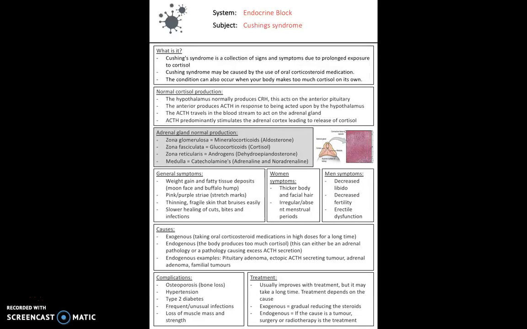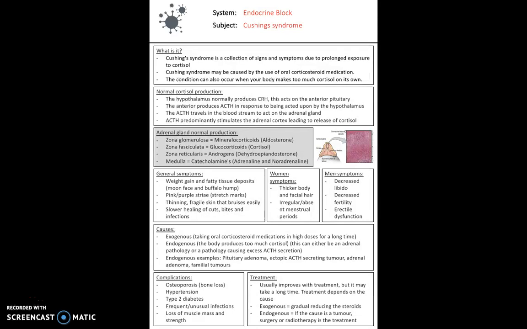And then we can have endogenous causes as well, so things such as an ectopic ACTH secreting tumour, a tumour somewhere else in the body that's releasing ACTH. The symptoms are slightly different in women and men, so in women you'd expect to see thicker body and facial hair, and irregular menstrual periods as well. In terms of men, you'd expect to see decreased libido, decreased fertility, and erectile dysfunction,